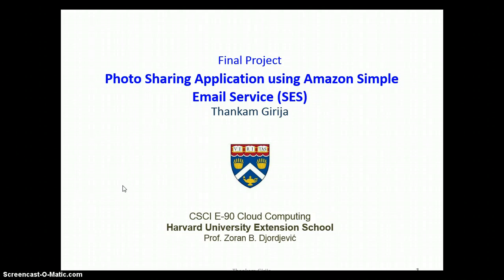Amazon SES provides two kinds of access, production access and sandbox access. A sandbox is where users would test their applications, and once all the testing is done, it can be moved into a production environment. A production request normally takes time, so for the purpose of the demo today, I'm just going to show the sandbox access. The sandbox environment needs to go through a verification process where all senders' and receivers' email addresses need to be verified. I'm going to go through the verification process first before starting the project demo.